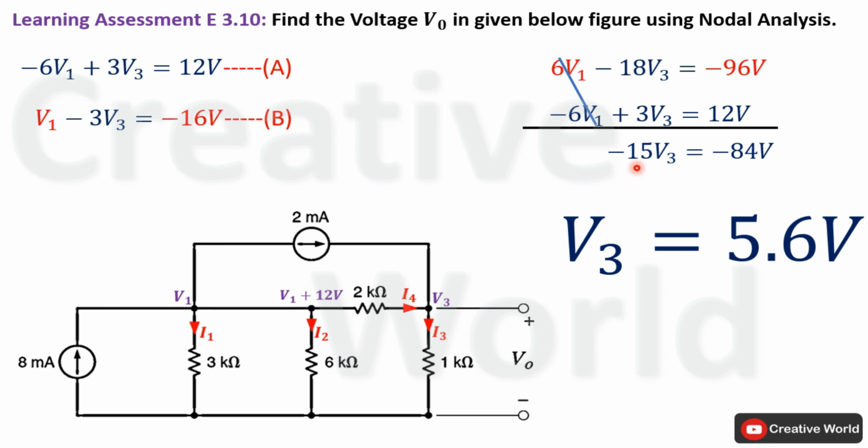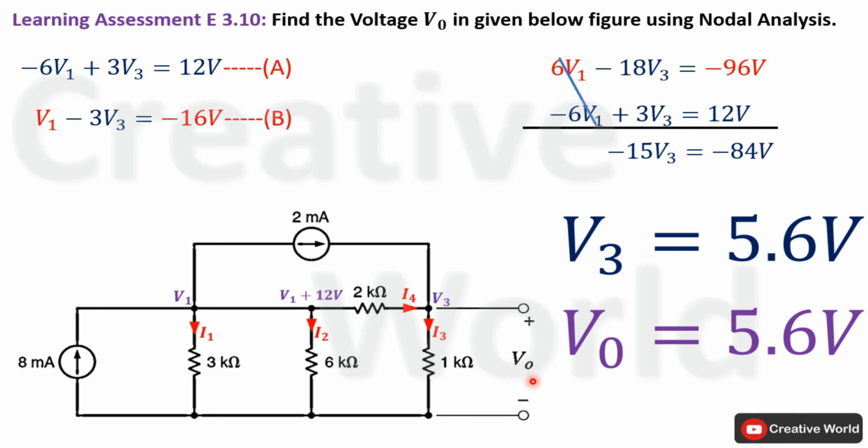The value of voltage V3 will become 5.6 volt. And because V3 is equal to V0, we can say that the value of voltage V0 inside this network is 5.6 volt. So this was learning assessment